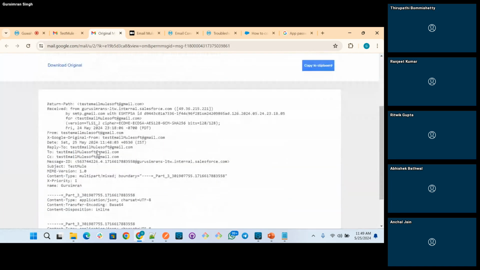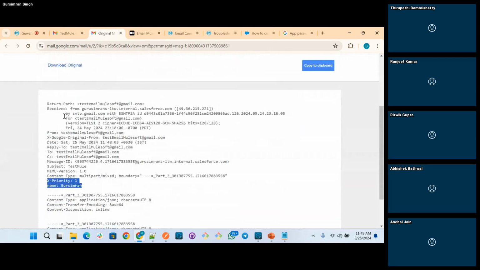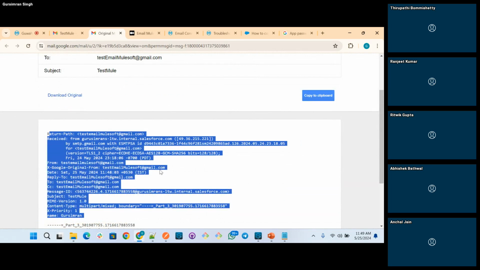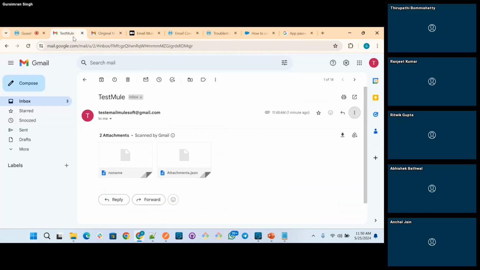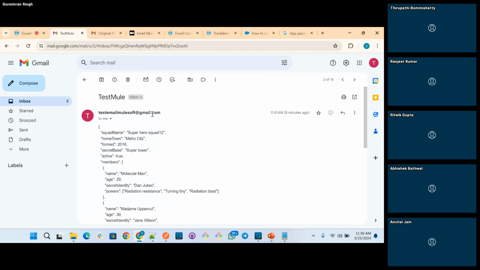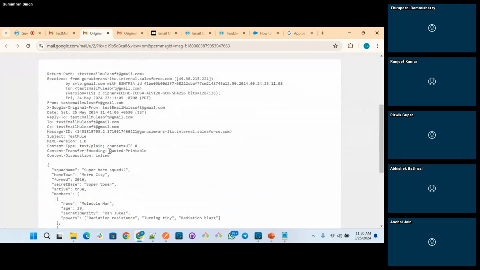Yeah, great. Thank you. So we have to click on show original, and we can see our headers here. After the content type, we will be able to see X priority and name. You will be able to see all the attributes and properties of that email if you click on show original. What we defined in headers, we are able to see here. Now let me open the last email. In this email, we did not share any headers. If we try to open the code of this email, I hope everyone can confirm that they are not able to see any headers here.